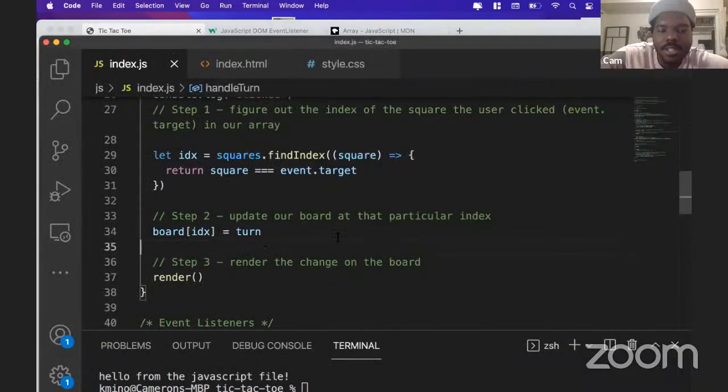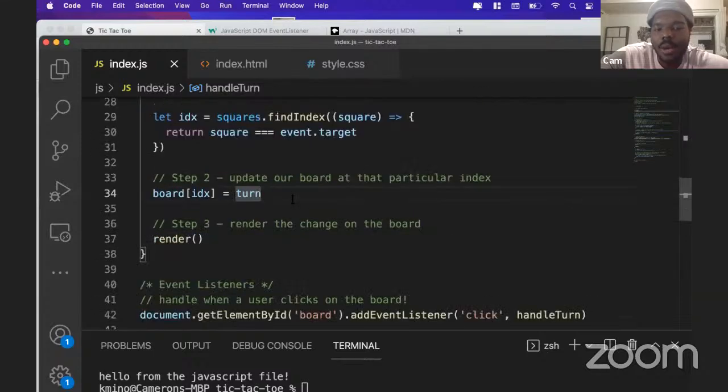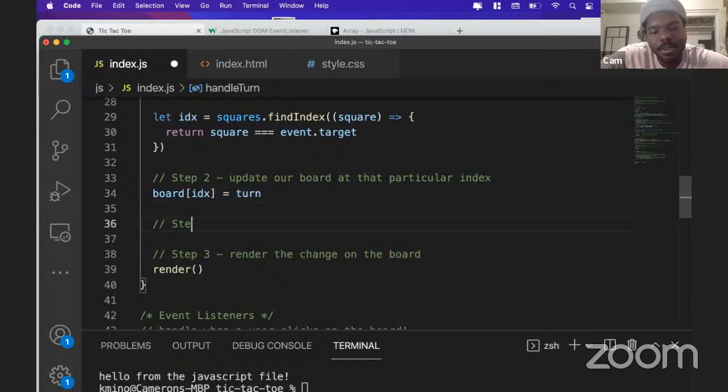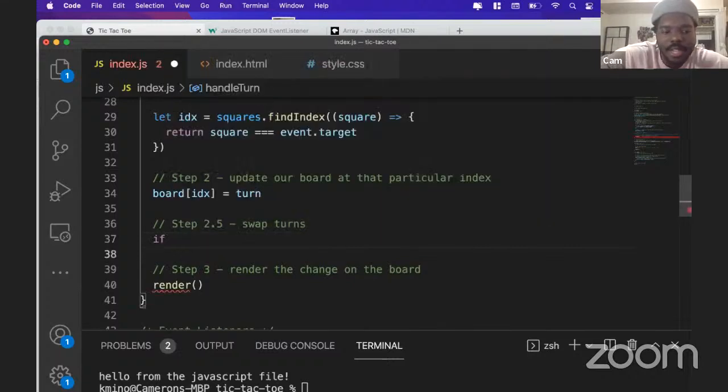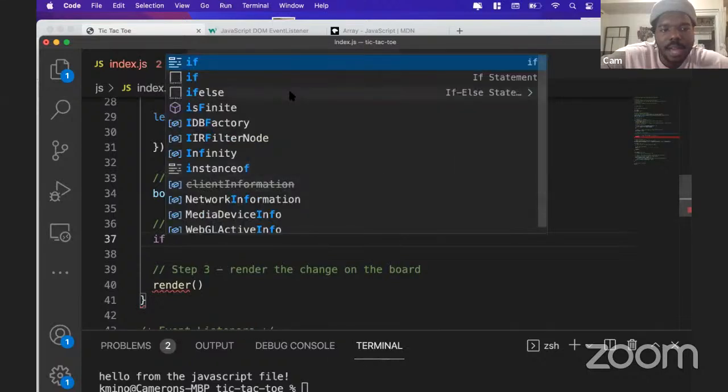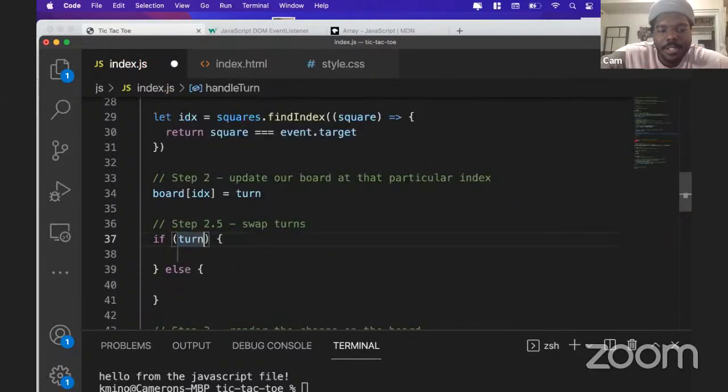So the next thing I might want to do is, before I leave this handle turn function, add an intermediate step here. I would say step 2.5 is swap turns, right? So that we know, okay, it's O's turn now, or whoever's turn it is. So one way to do this is I could do kind of like an if else block, and just say, if turn is equal to X, I'm saying turn gets O,